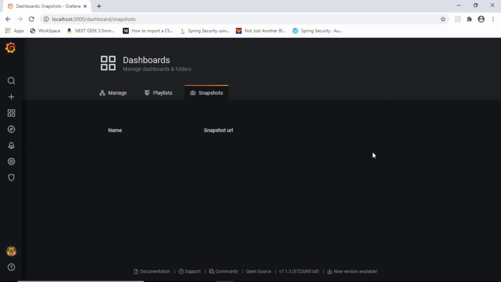So you only have to click the URL and the dashboard will be visible to them. You don't have to enter the dashboard and see all the other unnecessary steps which you have created as a part of your design. So that's about the snapshot which is present inside a dashboard.